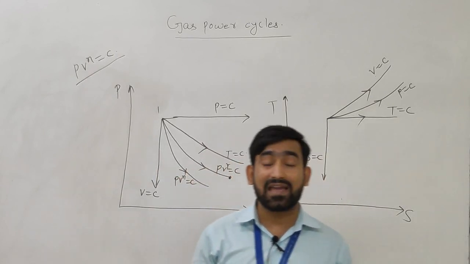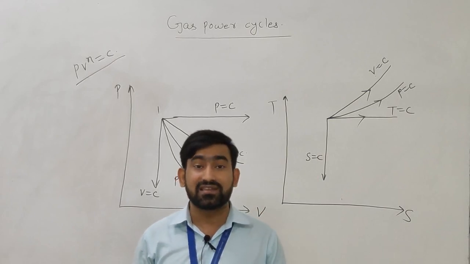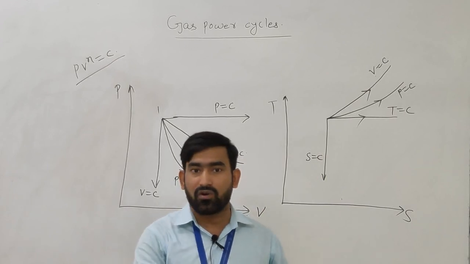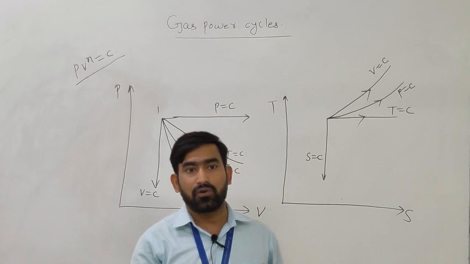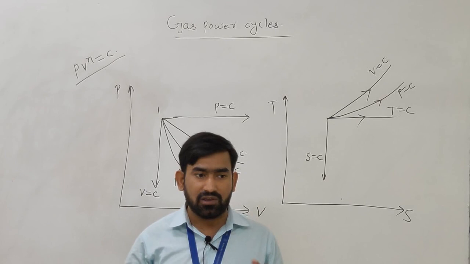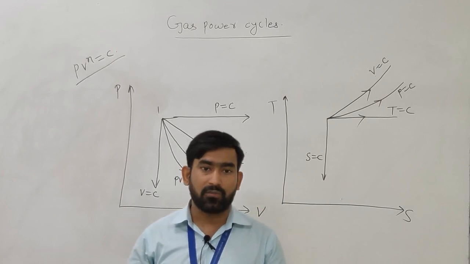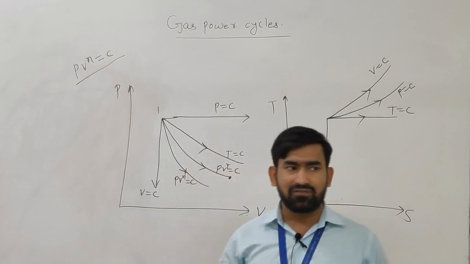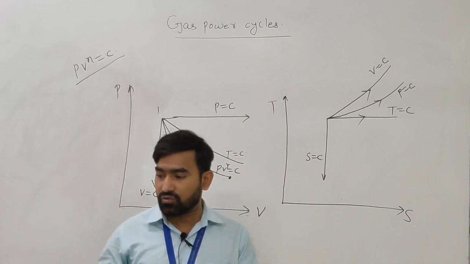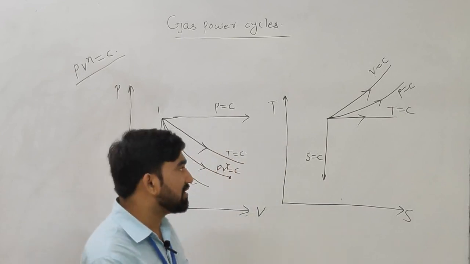These are thermodynamic gas power cycles. First of all we will discuss what an engine is. An engine is a device which produces net power output, and the thermodynamic cycles that produce it are gas power cycles and vapor power cycles. In the vapor power cycle we will discuss the Rankine cycle and others, but in the gas power cycle we will discuss the Otto cycle, diesel cycle, dual cycle, and combinations of these cycles.